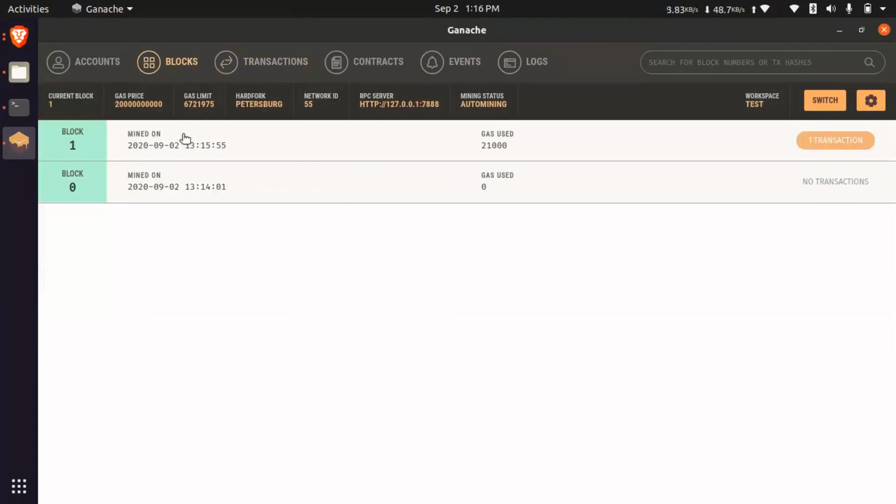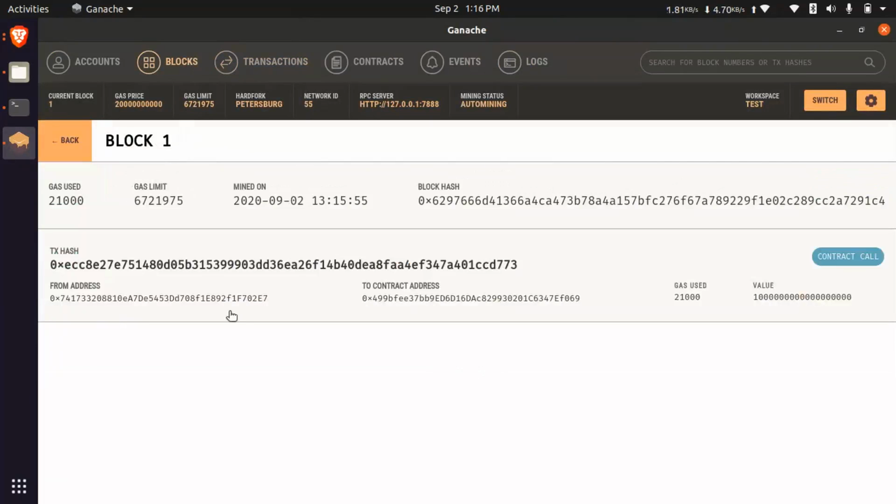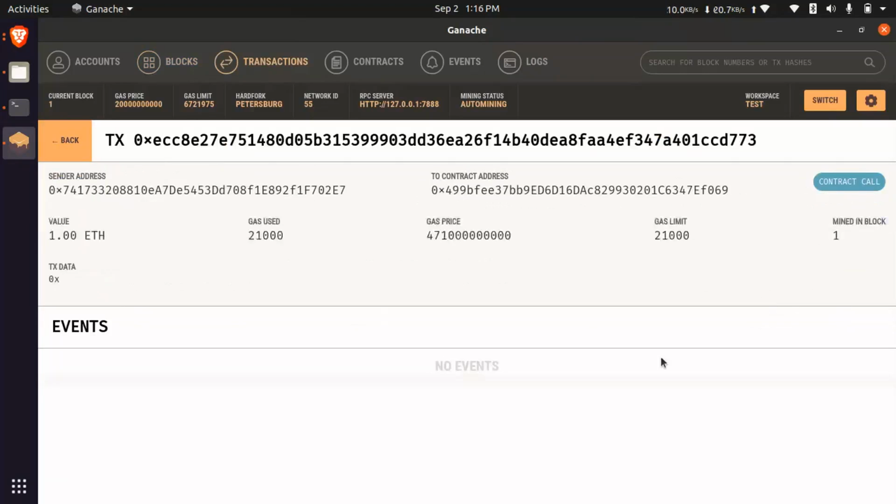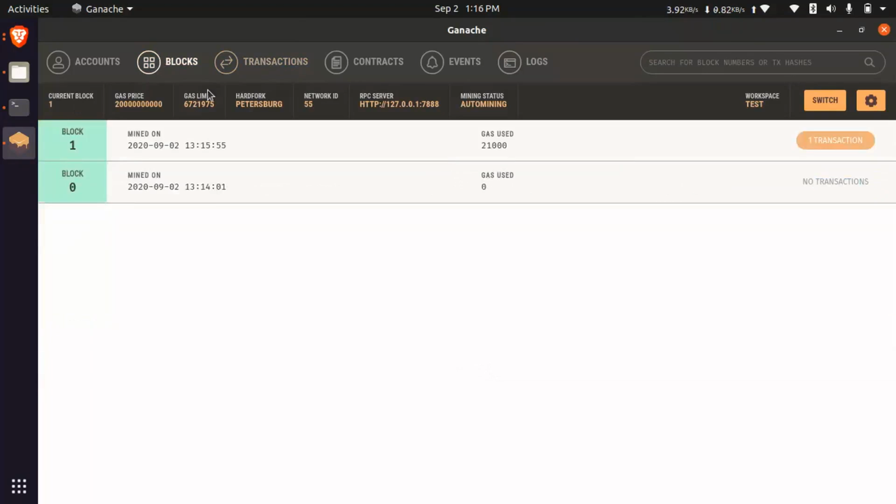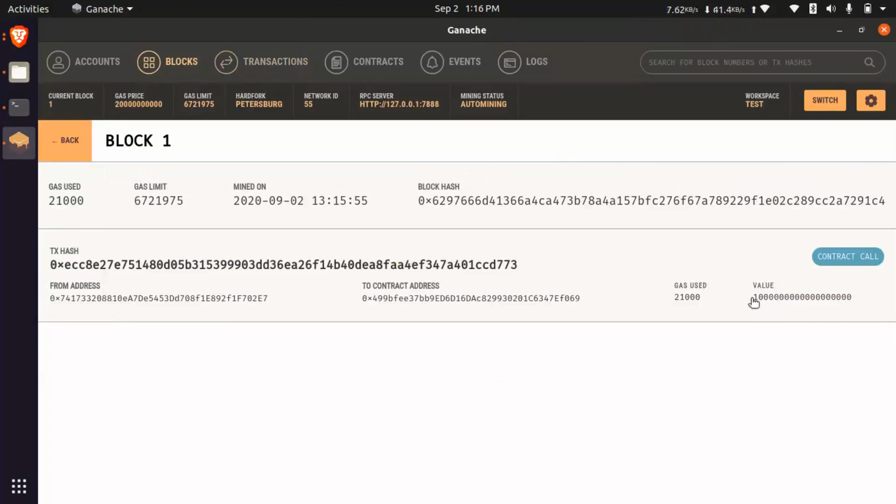You can see the transaction hash, from address, to address, gas used, and then the value is in Wei only, not Ether. On the blockchain side, they won't show it like one Ether. It is represented in Wei only. You can see that 1 ether equals this much Wei.